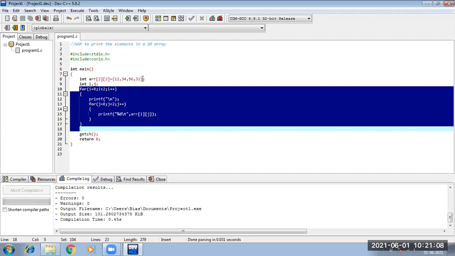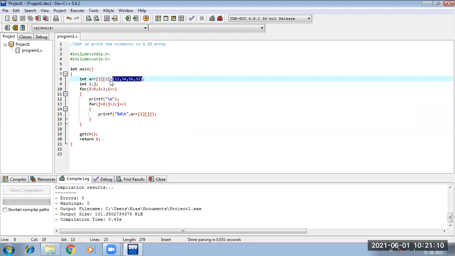So first you omit this, you just declare int AR[2][2], then you execute one loop for taking the values from the keyboard, then you execute another loop for printing the values which have been taken from the keyboard. Fine. So this was the concept about arrays.